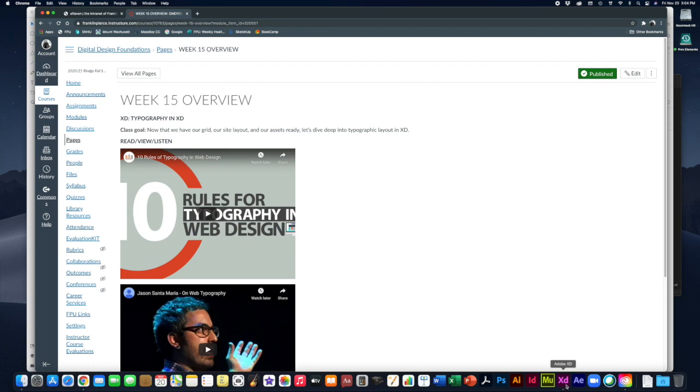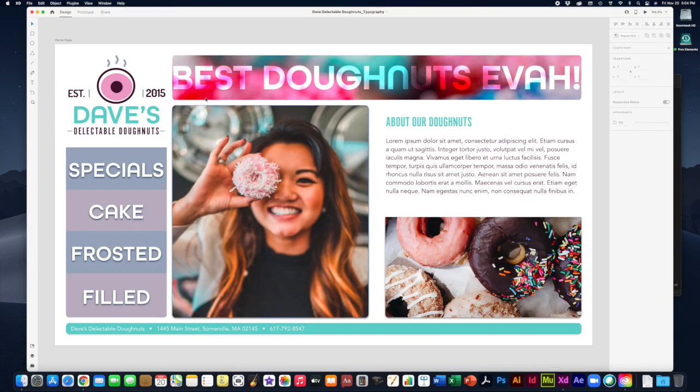All right, so let's take a look at Adobe XD here. So you remember we were working with this test site in Adobe XD, and we were really talking about this in terms of columns and grids and how to lay out space. Now, there are some typographic elements that are already in here, of course. The type that is used for the uppermost navigation, the type that is used in the header banner, the type